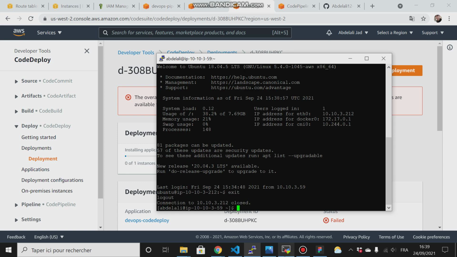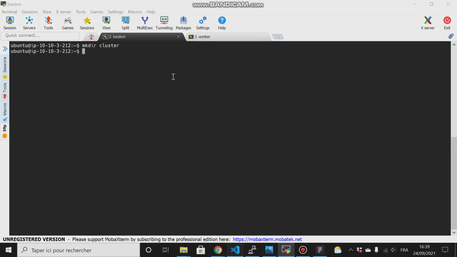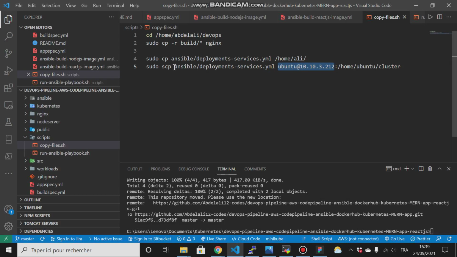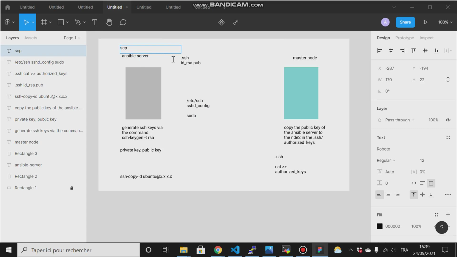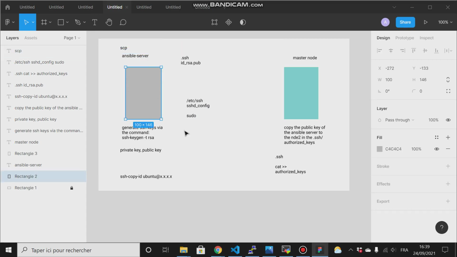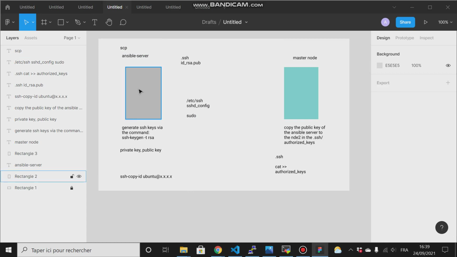So once you run this command, scp, right, you will copy this file to this remote host, right? Then the first thing is that on this host that you will run this command, it will check if there is an SSH connection between this host and the host that you want to copy from, and let me show you here. If you run, for example, scp on this host, right? Then the first thing is this host will try to make an SSH connection to this